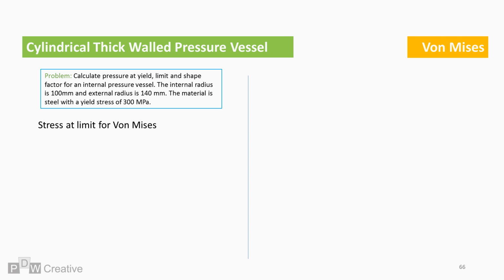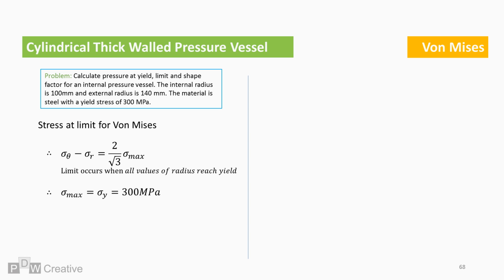And as we also looked into von Mises for pressure at first yield, I'm going to show how the method works here. For von Mises, circumferential minus radial stress equals 2 over square root of 3 times stress max. Stress max equals yield stress. So the result of circumferential minus radial stresses is